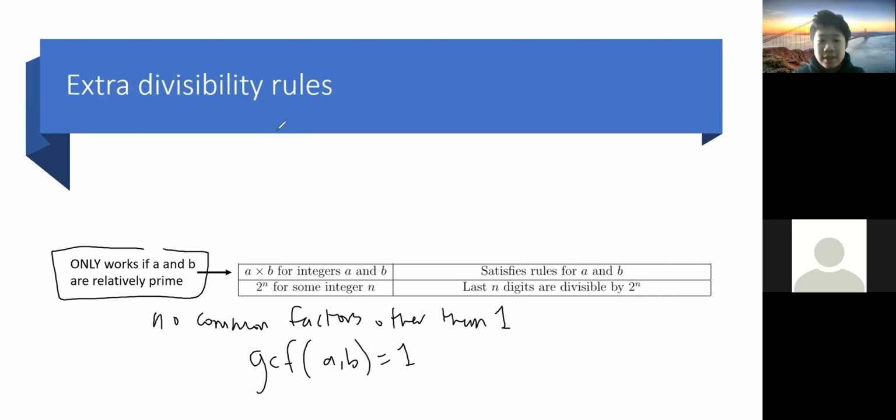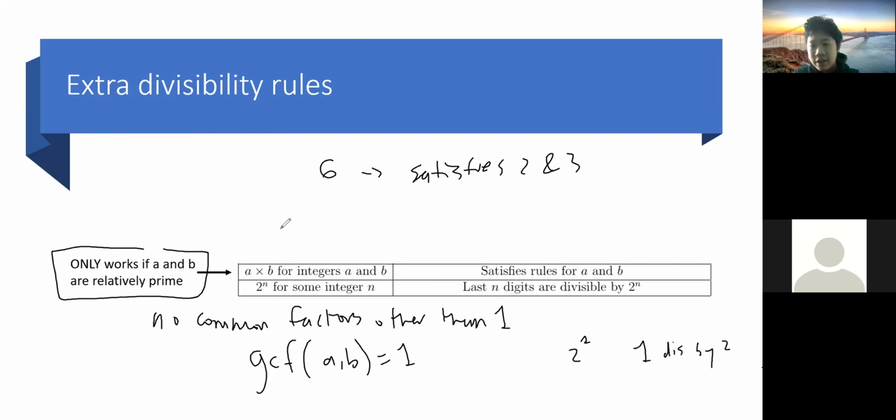If you remember, the rule for 6 was that it satisfies 2 and 3 separately, right? And 2 times 3 is 6, and 2 and 3 are relatively prime, which is why that works for 6, okay? And then we have another one, 2 to the nth power for some integer n. The last n digits are divisible by 2 to the n. So as an example, for 2 to the 1, the last 1 digit divides by 2,